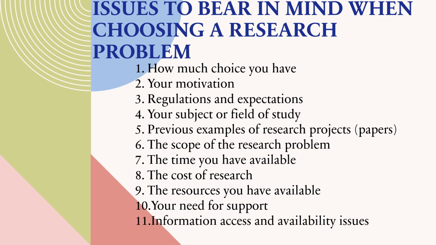Number 11 is information access and availability issues. Sometimes you may consider doing a research whereby to collect data that needs to inform your research is a Herculean task. You may find that you don't have rights, you don't have permission to access information. There is one time a student proposed a research to undertake on the environmental effects of